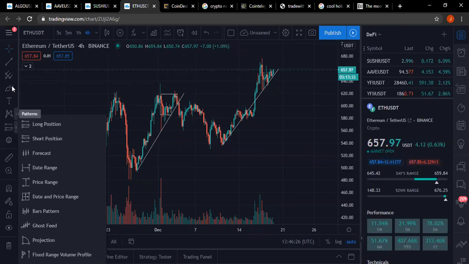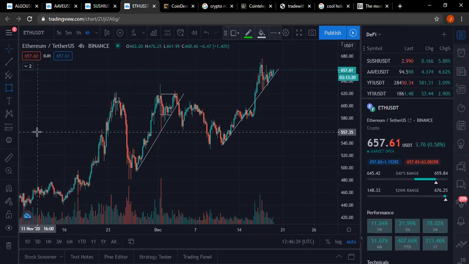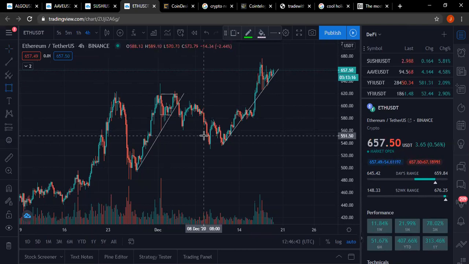Sorry, drawing tools, you go to geometric shapes. This is, by the way, the fourth tool on TradingView. Then you go to rectangle. You use rectangle. You try to map out the areas of much action,